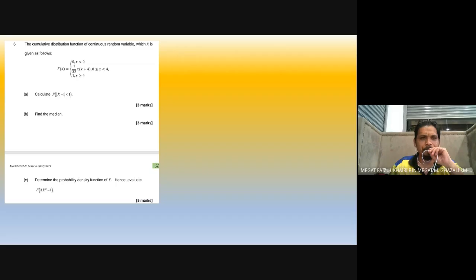Question 6. Okay, given to you the cumulative distribution function, capital letter F of x, given there. Calculate the probability of the modulus of x minus 1 less than 1. So for this,